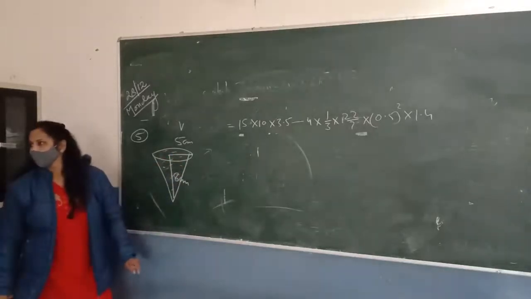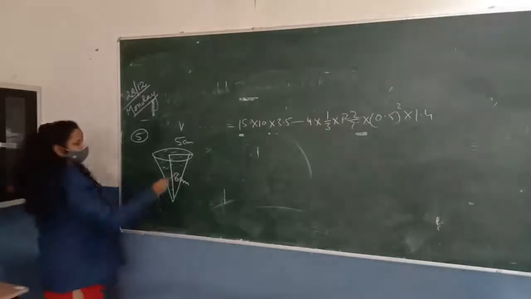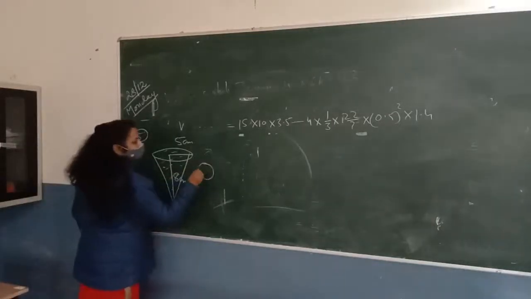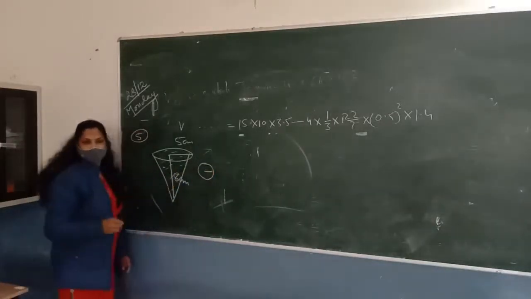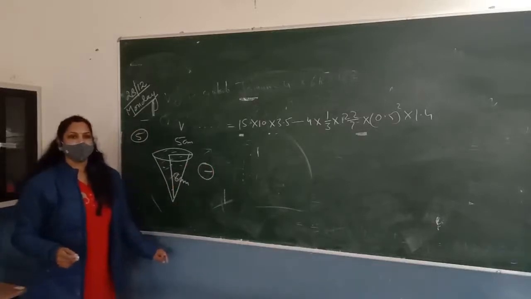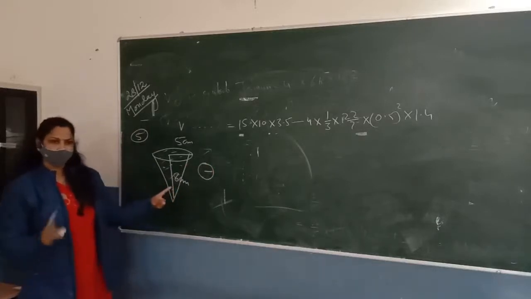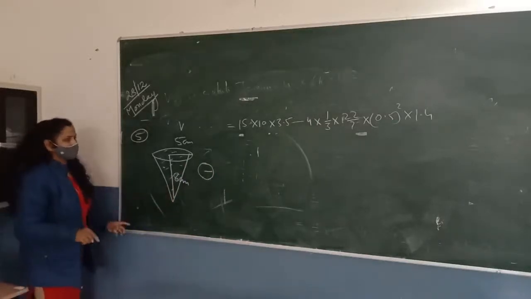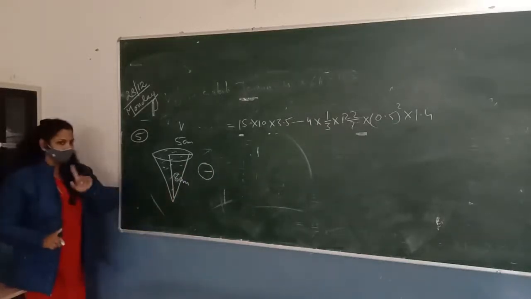Lead shots, each of which is of radius 0.5 centimeters. These are spherical balls made up of lead. Where what are you doing in this notebook? Look here. You don't do anything in notebook now. जब समझा दो उसके बाद इतना जो लिखना है अभी कुछ नहीं लिखना.